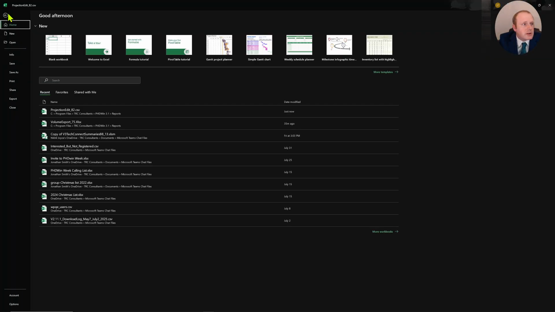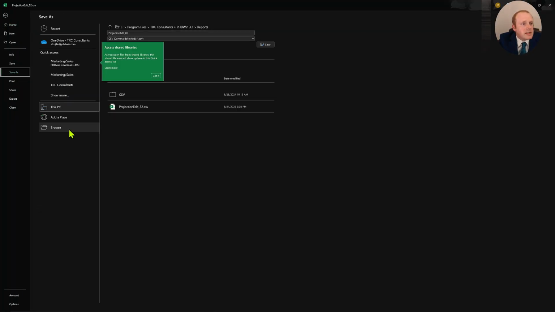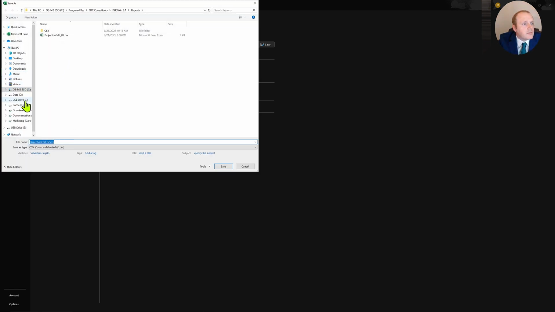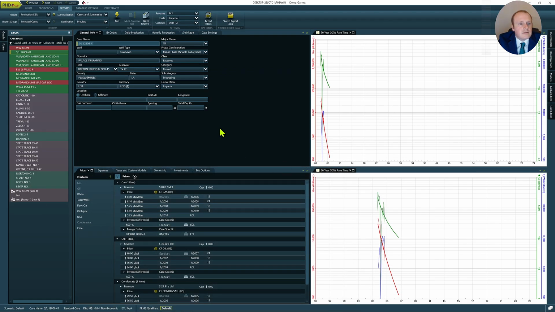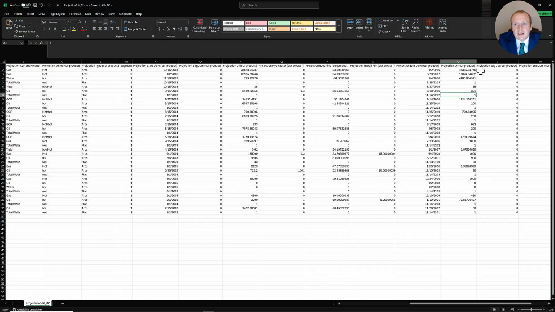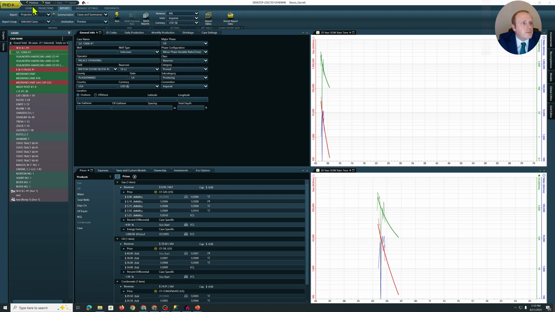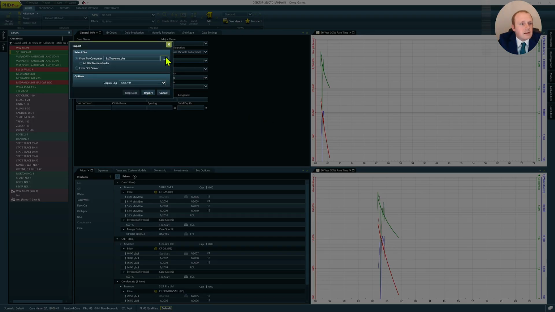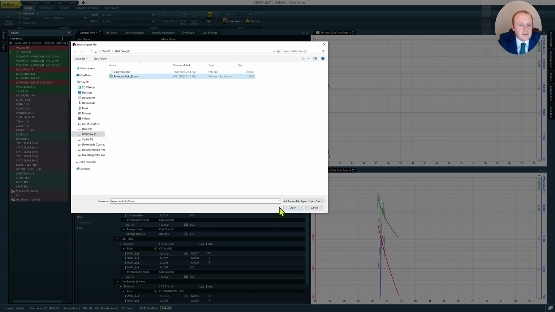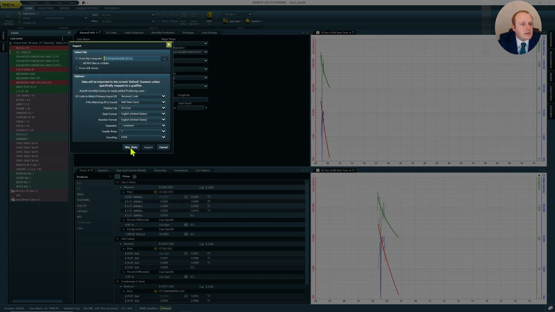Not much. You can save it to make as many edits as you want to, but I will save these to my flash drive as a CSV because that's what it'll import. All right, we're saved. Actually, let me go ahead and close that just in case it has an issue. Come back to the home, we will import, and then I just need to find my CSV. All right, and